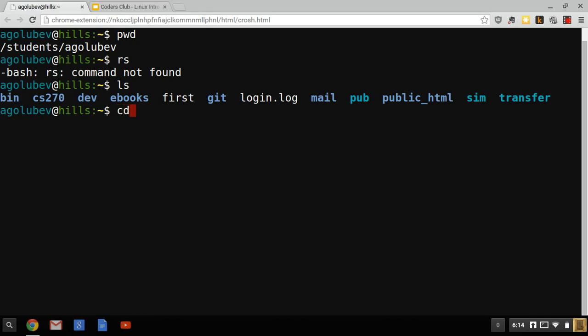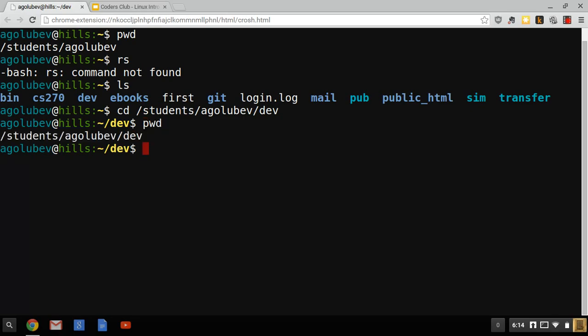So if I use the command called cd, cd stands for change directory, I can specify where I want to go. Once again, I'm already in my home folder. I don't have to type it out like students, this is very annoying to do. I can type it like this and go cd into students dev. So there on the left in my command line prompt, it shows that I'm right now in home dev. If I run the pwd command once again, it prints out that I'm now in dev.